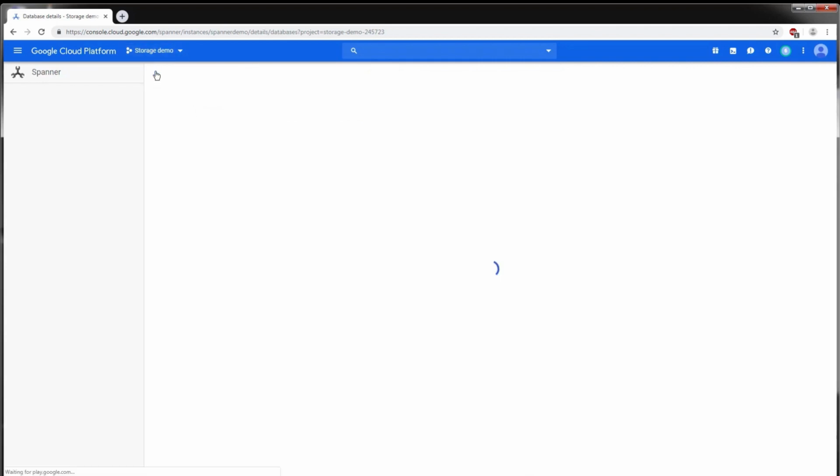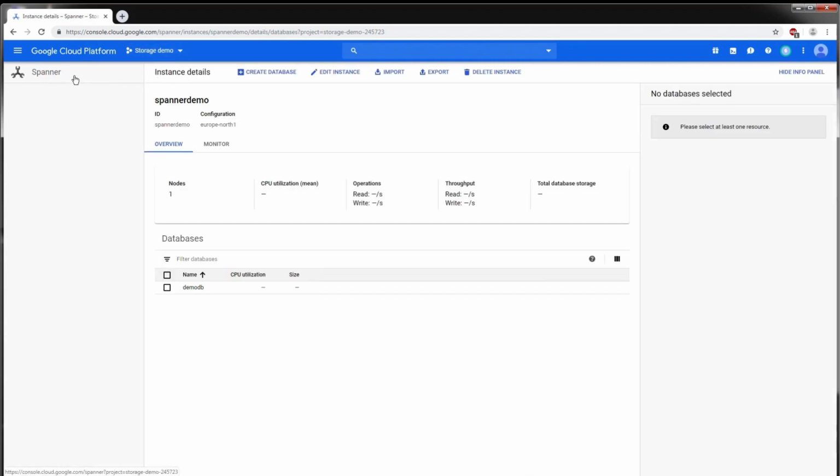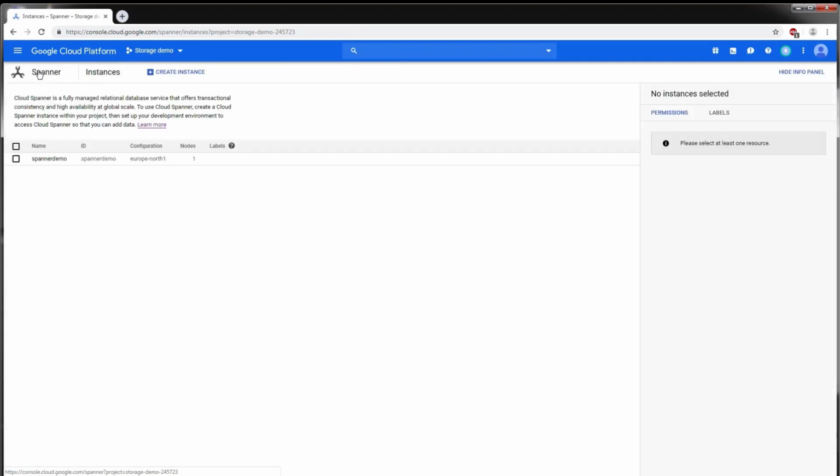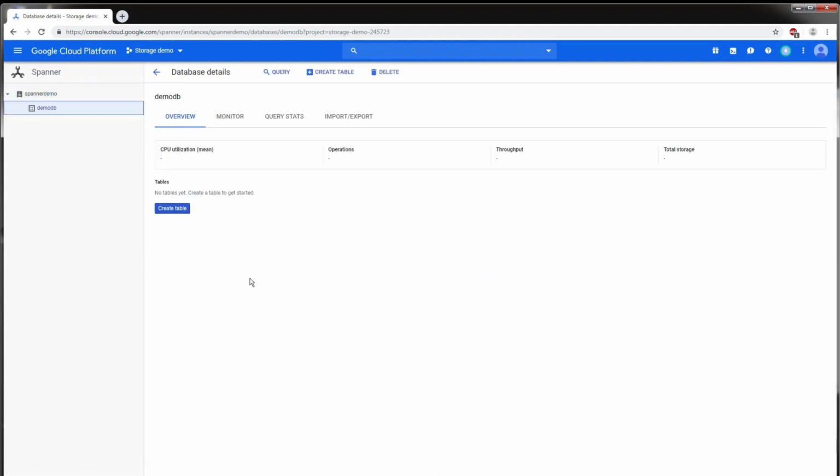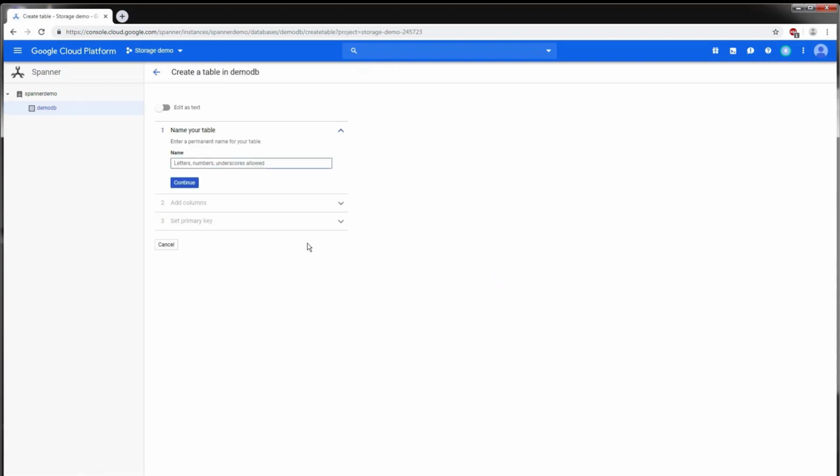Let's just go back and take a look at what actually happened. So here we are at our Spanner dashboard. This is our instance called Spanner demo, and in that instance we have one database called DemoDB here. If we click on this, then we can see that there are currently no tables in this database. So if we want to create a table, we can click create table,